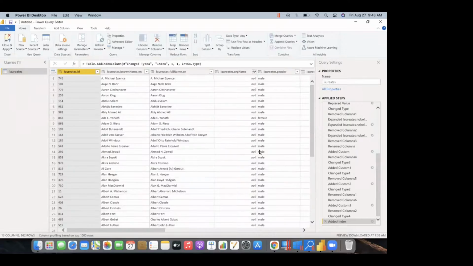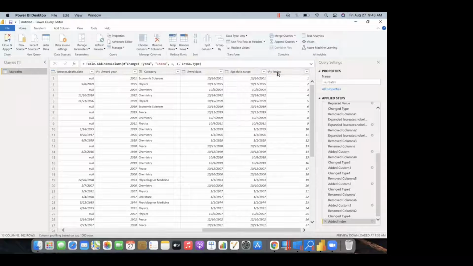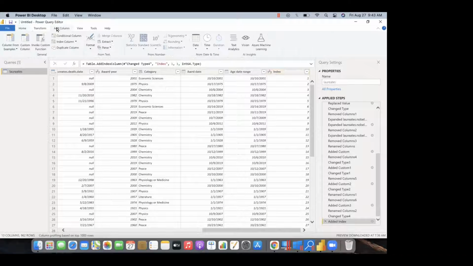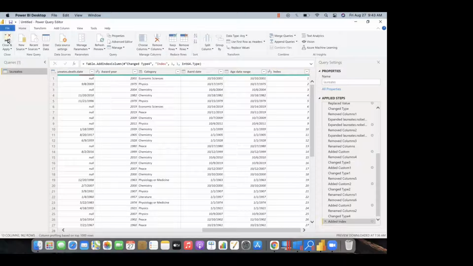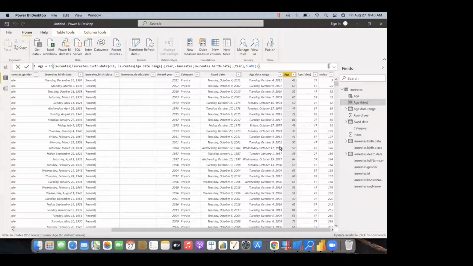For adding the index, we go to add column and choose index from whichever we want, like from 0 or from 1. I added it from 1, and this won't make any difference in our case because we are just counting the numbers.